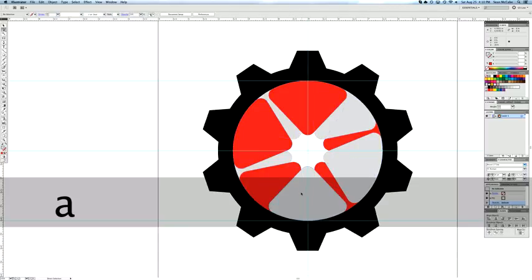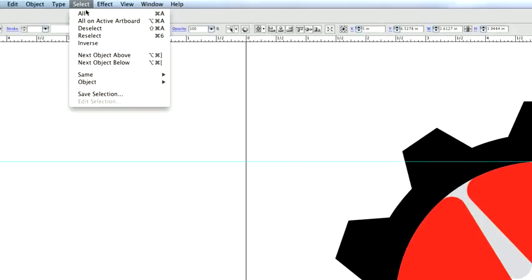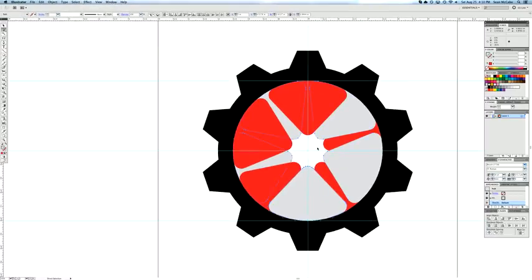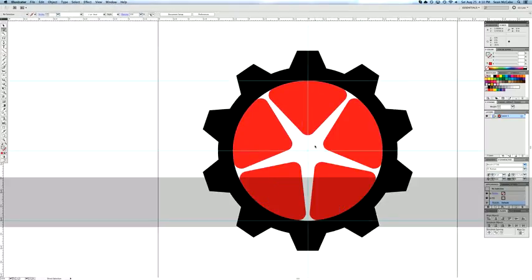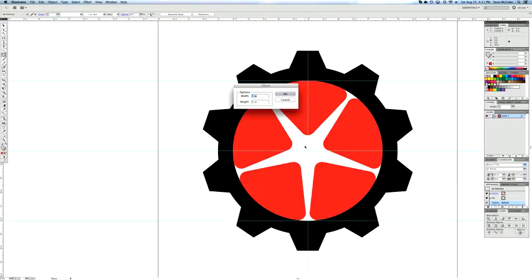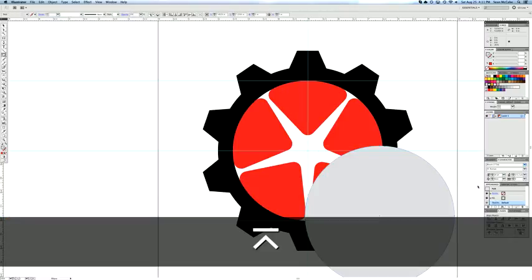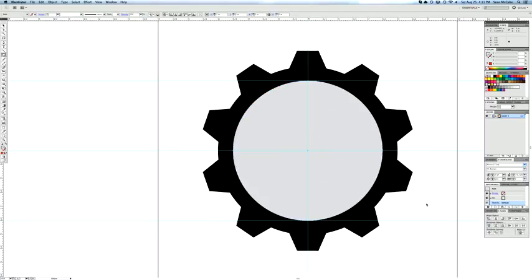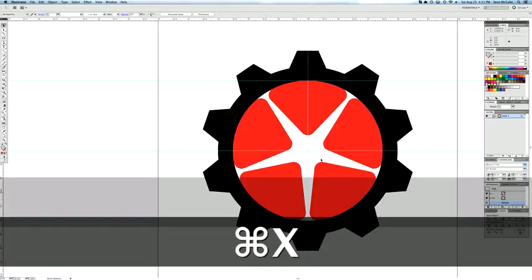Now we all have a bunch of individual shapes. So direct select tool, grab the gray, select same fill color. We have all the grays, and delete. So we have exactly what we want. Now in order to create this middle shape, we're going to make another 5-inch diameter circle. Put that in the center. I'm going to cut it, and